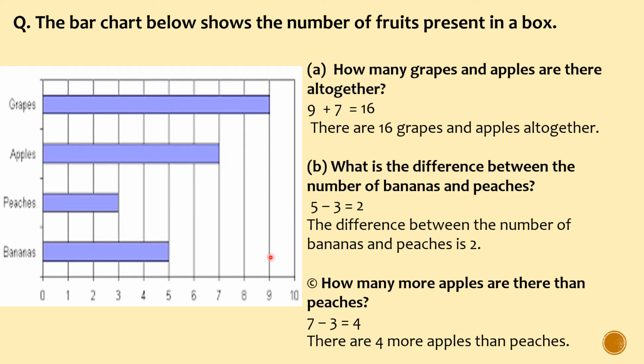So always make sure that you are tracking the right frequency of every single data. It would be much easier if you write the frequency in front of or on top of every single bar, so that whenever you are solving the questions, you can simply check the numbers directly. So just note down the frequency at the top of every single bar, so that when you are solving the questions, you can directly write the numbers instead of checking them at that time.